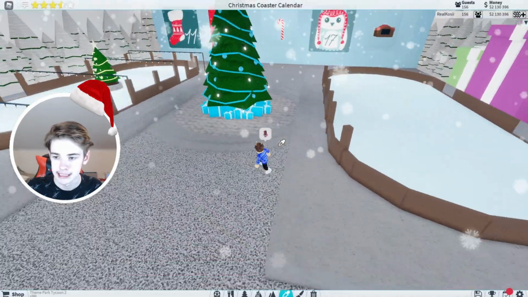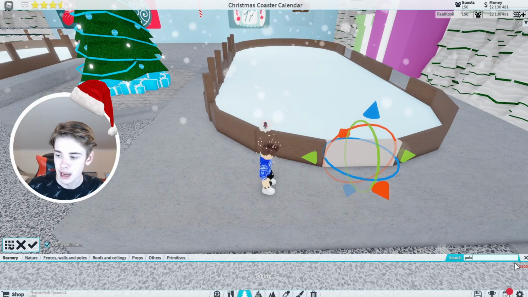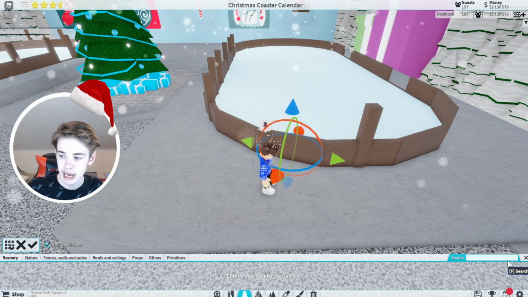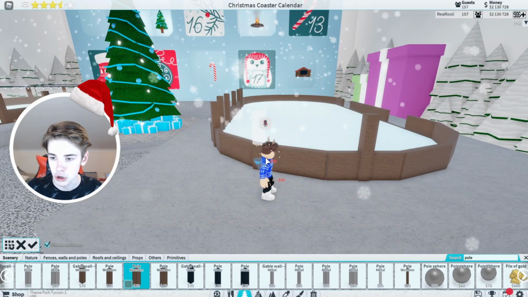1 right, hang on, my brain's buffering. Oh yes, we need to place 1 right here, just like so, and place 2 of those up like that. And then finally, we just want to add an extra pole in like so, and that will complete half the